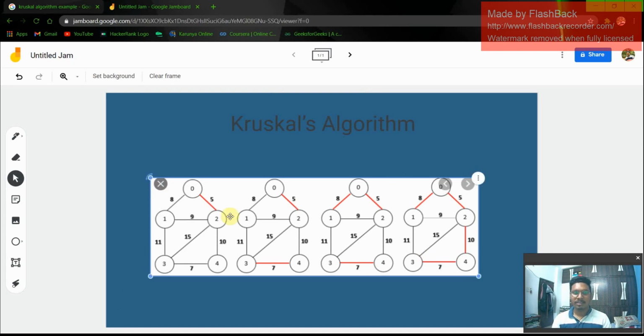So, Kruskal's algorithm is nothing but, in a spanning tree, we need to find the minimum to the maximum number of ways, and finally the last two nodes should not be connected to each other, because when they are connected to each other it will become a spanning tree. So in this case it should not connect to each other.